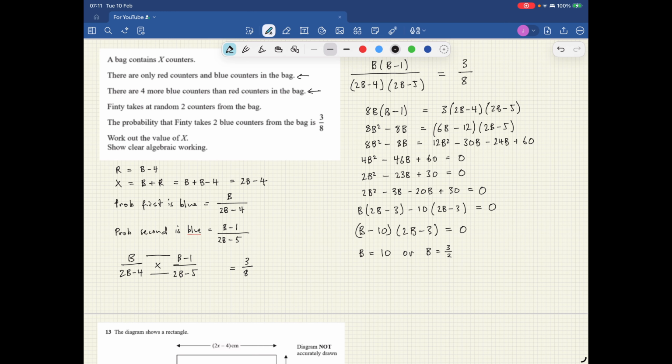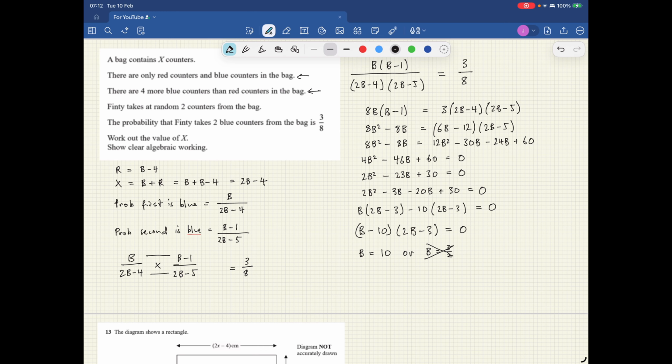Now, it makes no sense for there to be 1.5 blue counters in, so I just reject this. Okay, and sometimes this does happen if you've got sort of physical constraints, like you can't have 1.5 blue counters, or the length of a fence can't be negative. Then you just ignore one of your quadratic solutions. So I now know that the number of blue counters is 10,